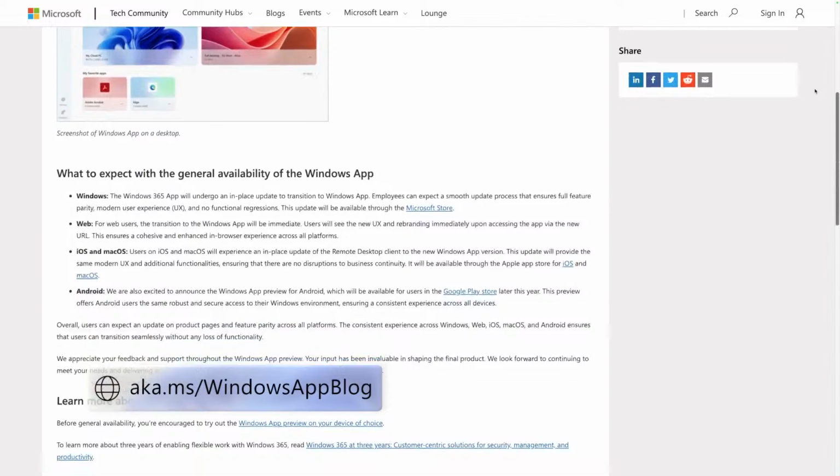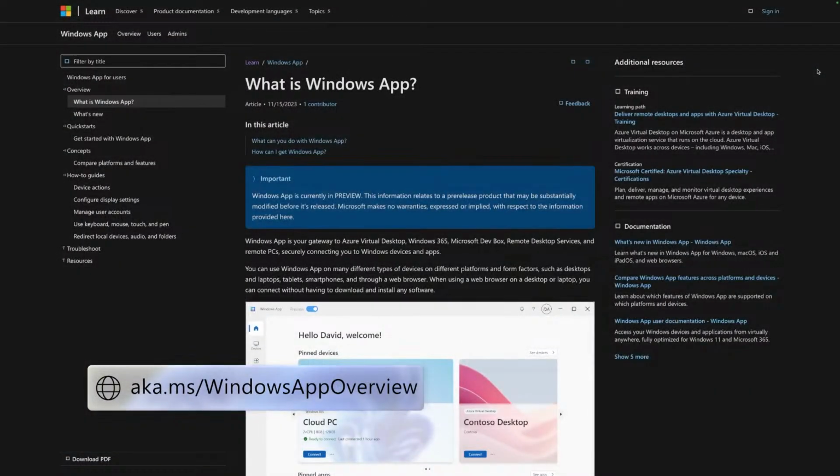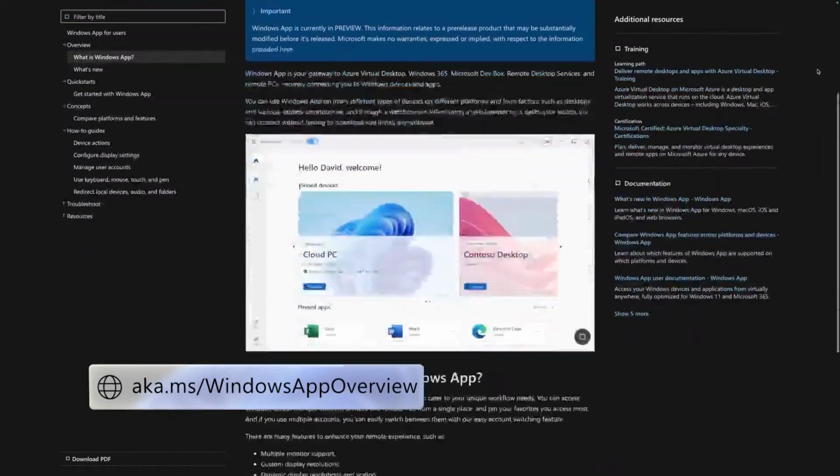Good point. Hey, Jaideep, as I said, I want to get you back at some point, but before, people are probably curious, want to learn more, maybe provide feedback directly to you. How can people stay in touch with you? People can stay in touch with me through LinkedIn. I'm also on X. In terms of learning more, check out our latest blog on the Windows IT Pro blog, as well as join the preview. The blog also links to the preview joining page, and learn more about the Windows app. And that's the best way to prepare.